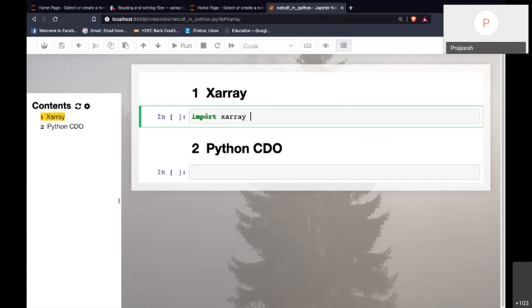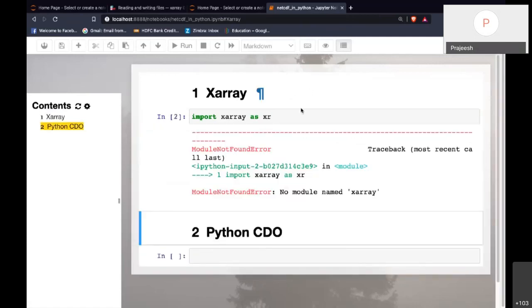Okay. So I'll import Xarray as xr. In Python you can import a module, and then you can give a convenient alias to it like this. Okay. So if I do this, it says module not found.